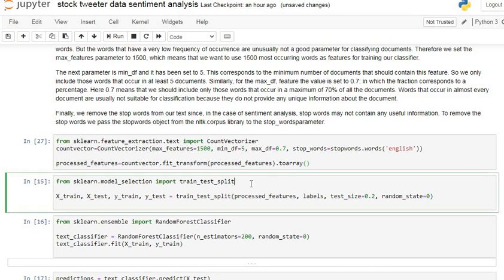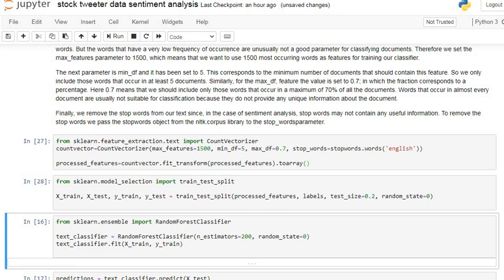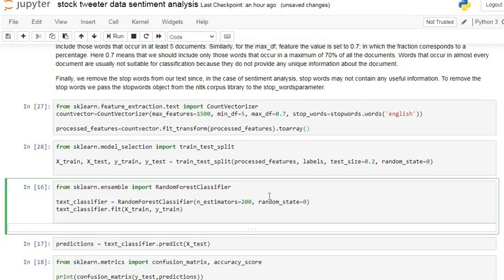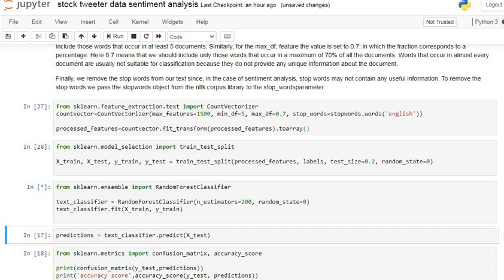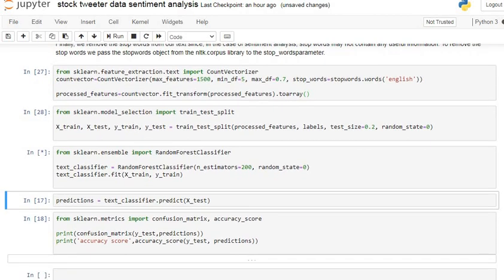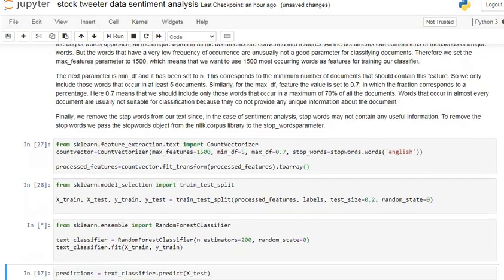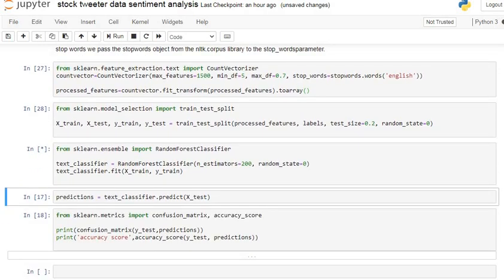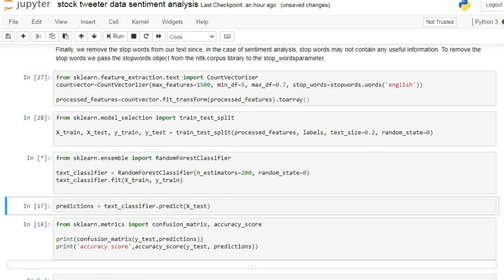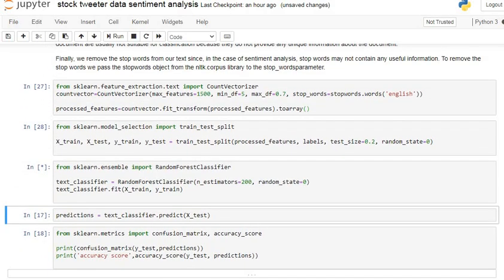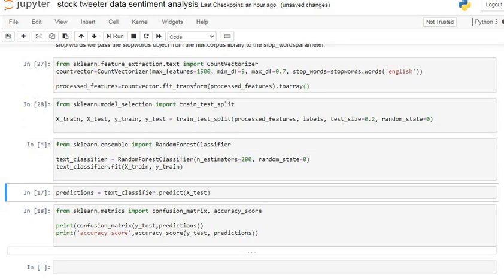Now we divide our data set into training and testing sets, for training our machine learning algorithm, that is the random forest classifier. Here we again use random forest classifier. I suggest that you can use any other algorithm, like support vector machine, KNN, Naive Bayes, anything you want. So for classification you can choose any one algorithm from your machine learning algorithms. We have to wait for some time because our algorithm is still running.